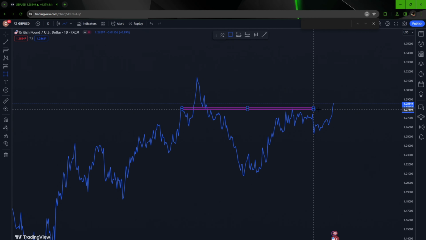Drawing support and resistance lines. I've got to show you how to actually draw the support and resistance lines, because I had a couple of questions and perhaps, just maybe, my videos haven't been that explicit on how you actually draw the trend lines or support and resistance lines. So I decided to put a little thing together that's going to show you exactly how you draw the support and resistance lines properly, how you use the system,